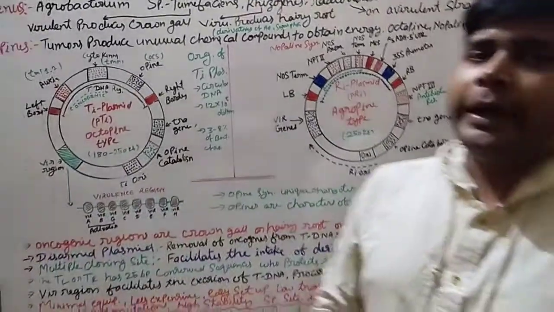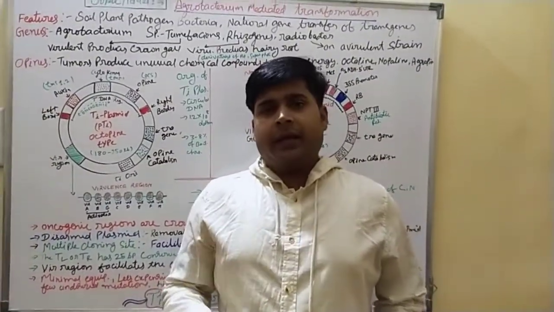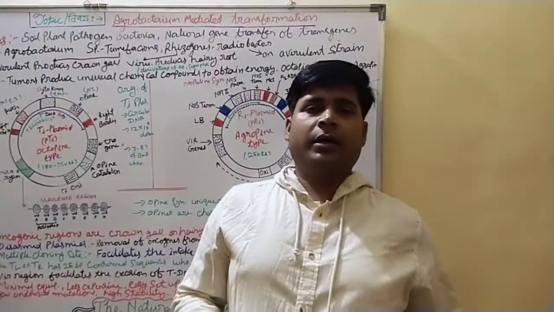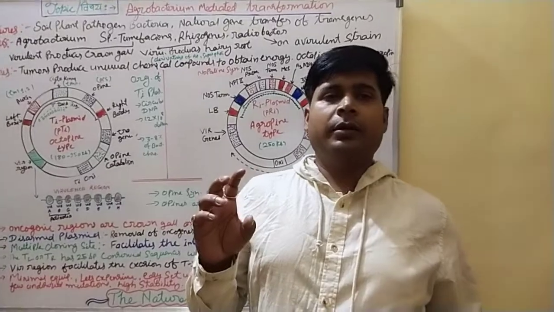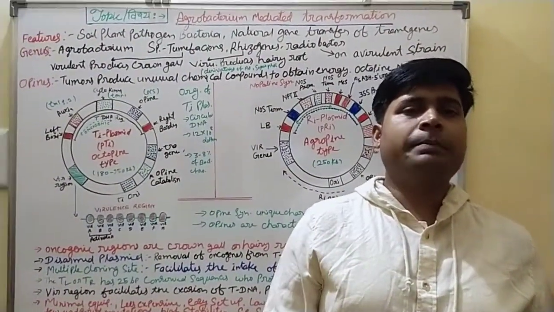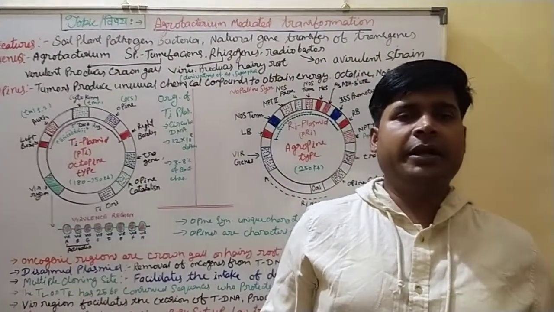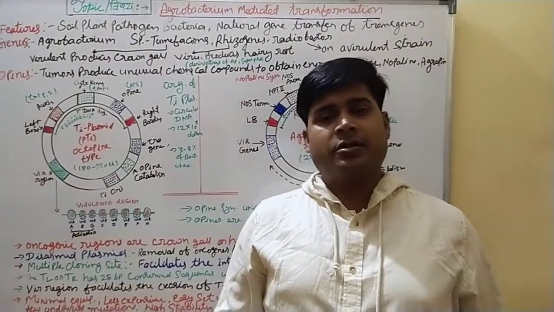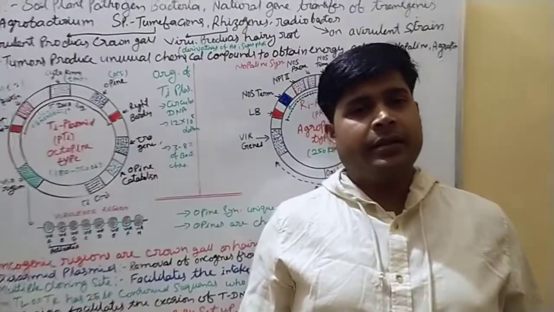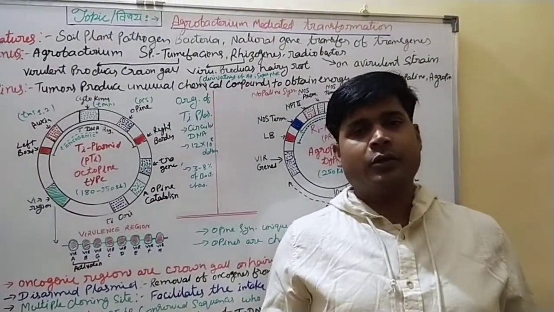So how does Agrobacterium transfer the DNA? In bacteria, we know there are two chromosomal units. One is the chromosomal genome of the bacteria, while the other is an extra-chromosomal particle, a double-stranded circular DNA molecule called a plasmid. That is a free element that can move to the genome and it replicates its copy number.